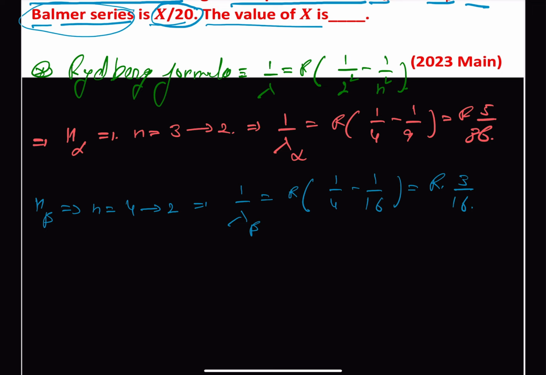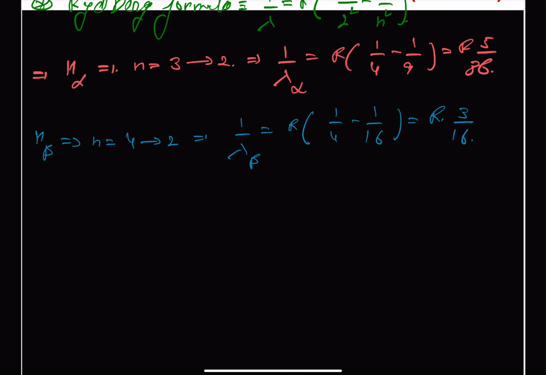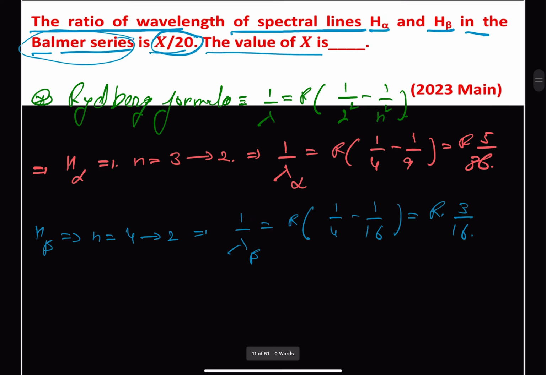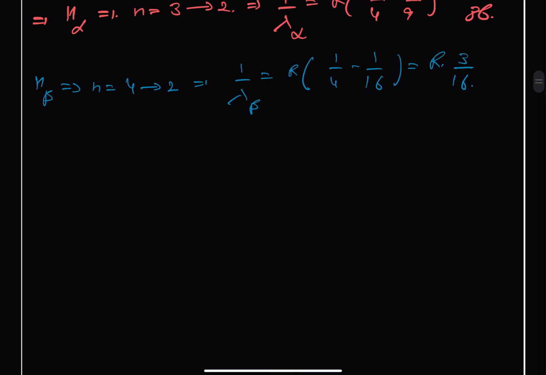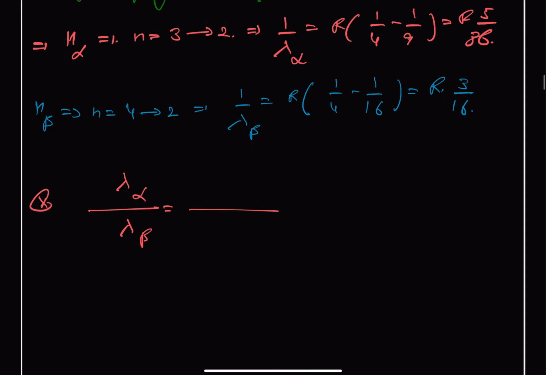Now we can just find out the ratio, and we have to find out H alpha upon H beta. So we can say lambda alpha upon lambda beta. This will be giving us R 5 upon 36 over R 3 upon 16. So R and R cancel out, and we can write this as 3 upon 16 multiplied by 36 upon 5,